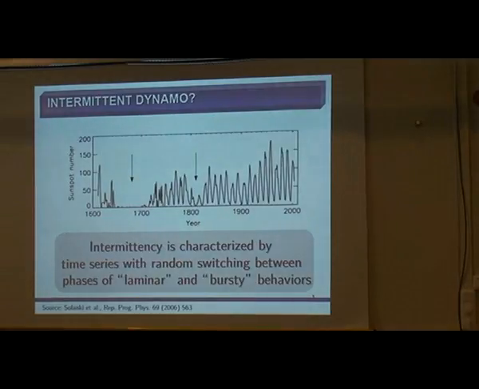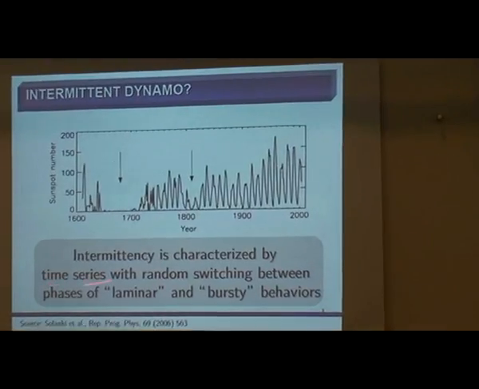What is the definition of intermittency that I'm using? It's very basic, very rough, and not precise. Intermittency is characterized by time series with random switching between phases of laminar and bursty behaviors. In this case, laminar should be something like the minimum, a laminar behavior, weak oscillations of the number of sunspots or something, and the burst is whatever else is